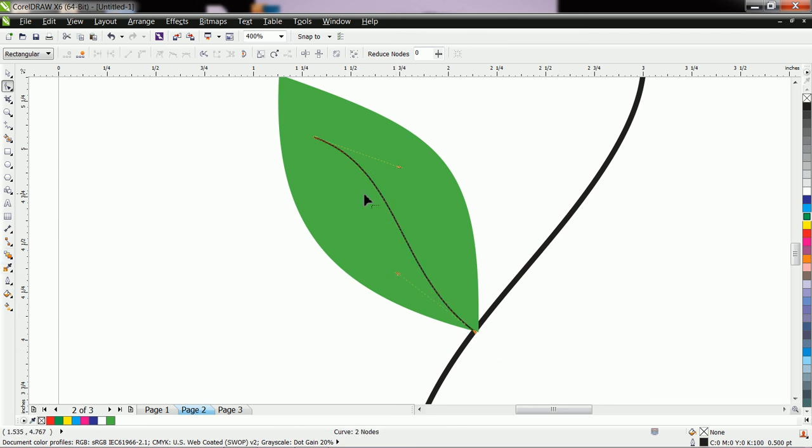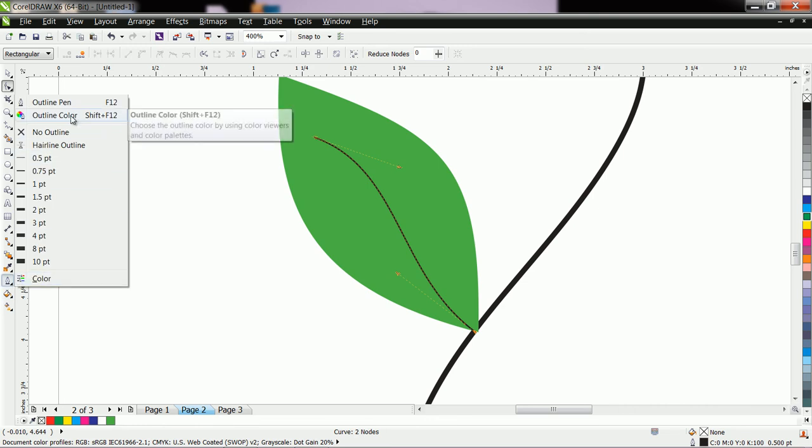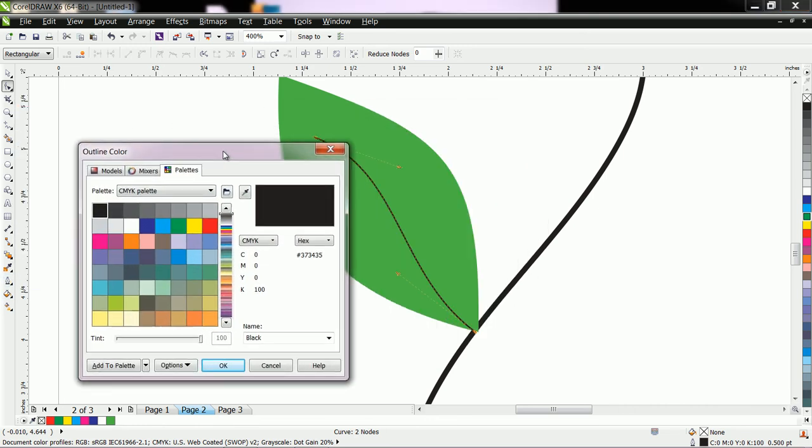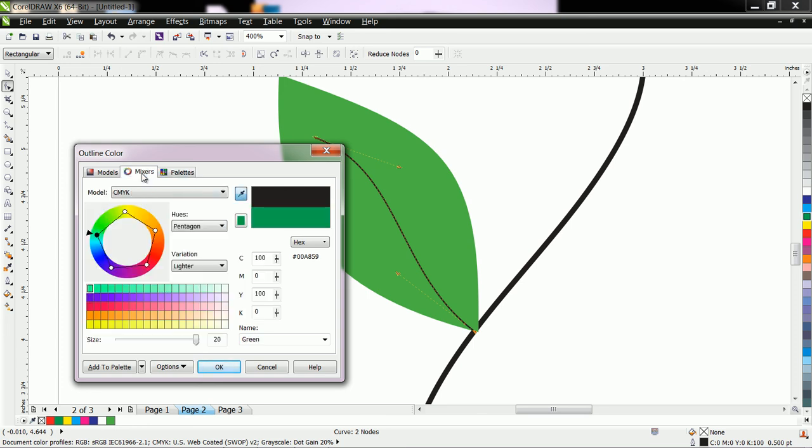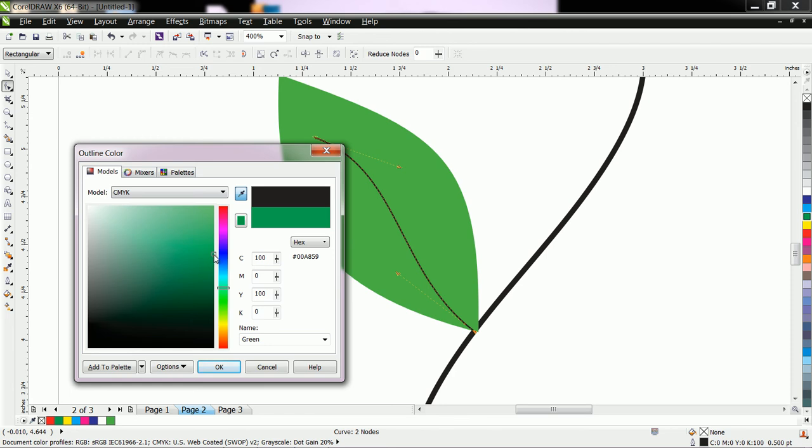Okay, you can also change the color of this line from the outline color. Suppose we want a dark shade of green color.